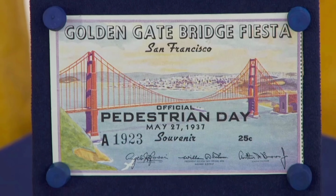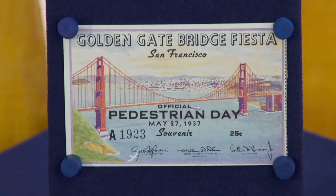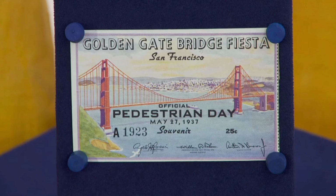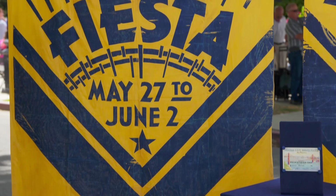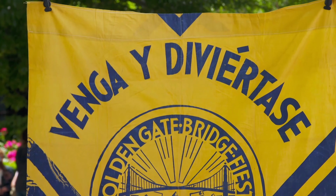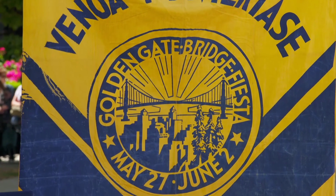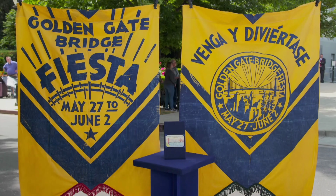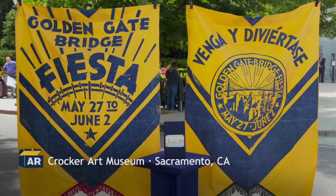It bears an embossed seal, serial numbering, and a printed image of the bridge in vivid red and blue ink, a perfect souvenir of that monumental day. Together, the banners and tickets stand as tangible relics of civic pride, modernist design, and one of the most celebrated public works of the 20th century. At auction today, a collection of Golden Gate Bridge opening memorabilia like this would be valued at